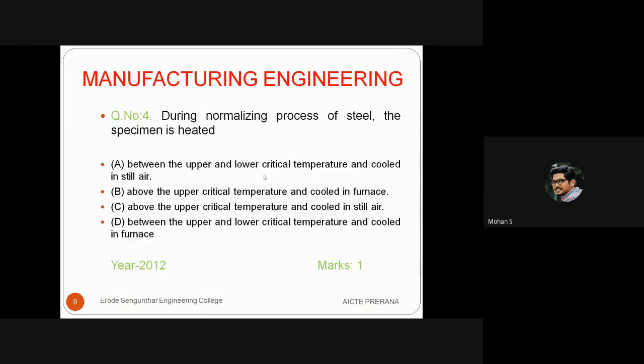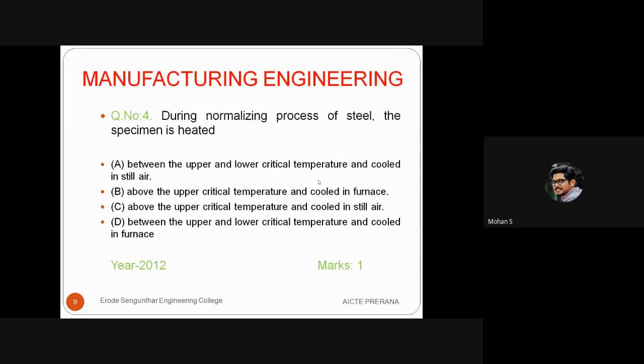That is the fourth question. So the fourth question comes like this. It was asked in the year 2012 and it carries 1 mark. During the normalizing process of steel, the specimen is heated. Okay. In what range is it heated? That is the question. And we have options: option A, between the upper and the lower critical temperature, and